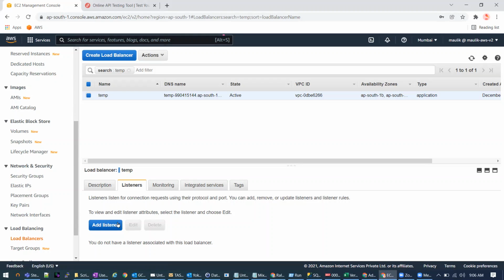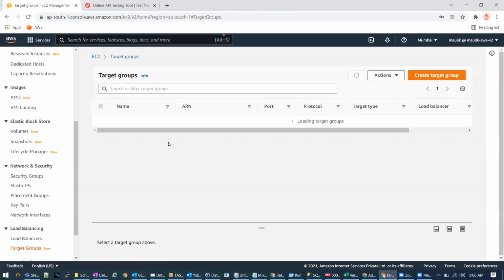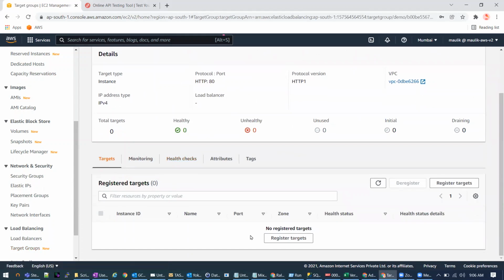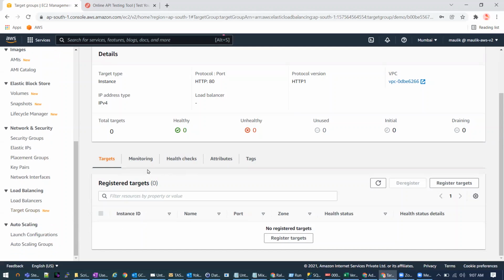Next we'll see different kinds of path, request header, and different kinds of rules. We can put conditions over there. So let's do that. I have already created one target group over here. I have not added any target, any EC2 instances. I don't want to divert requests to that particular EC2 instance. I just want to show you how we can put conditions on each URL. Let me show you first.